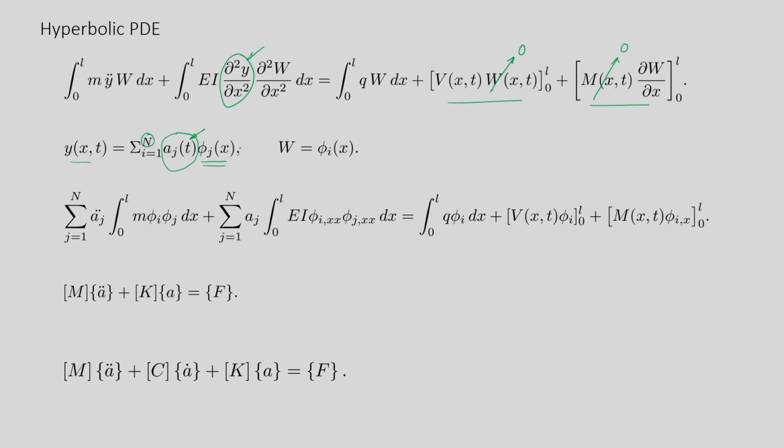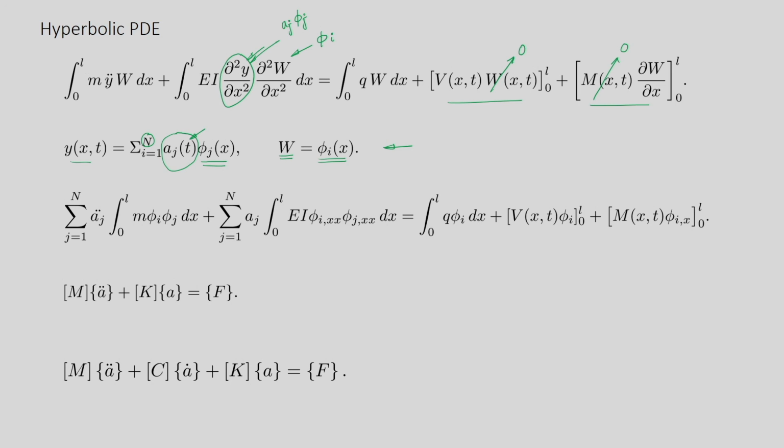Now as we discussed earlier, using the Galerkin principle, we represent the arbitrary function w as one of the basis functions phi i to arrive at the ith equation. So here also we will substitute w as phi i and y as aj phi j, summation over j.